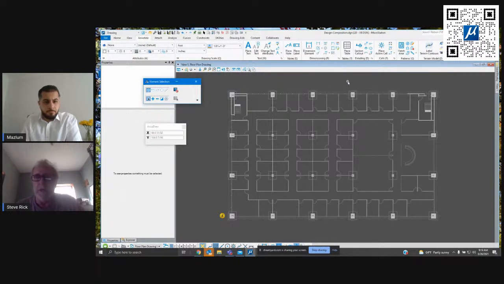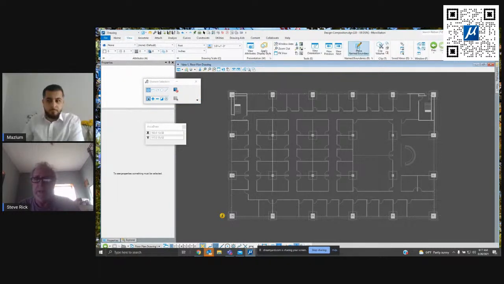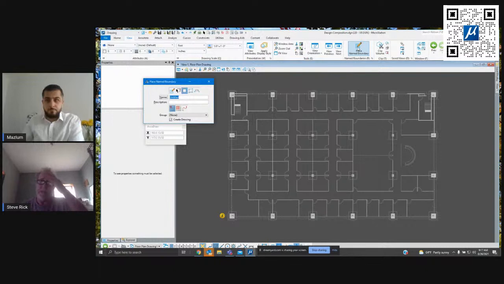So I'm going to come in here to, again, the detailing symbol styles. Well, actually, I'm going to go to the View tab this time, because I want to put this onto a sheet really quick so I can show you how. I'm going to go to the View tab, and I'm going to do a named boundary. Now, named boundary is not new to MicroStation. It's been around as saved views, or named fences. It used to be called named fences, and we call it named boundaries now, but we've added the